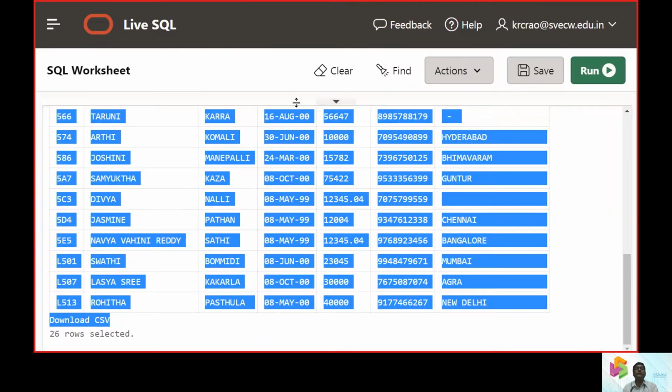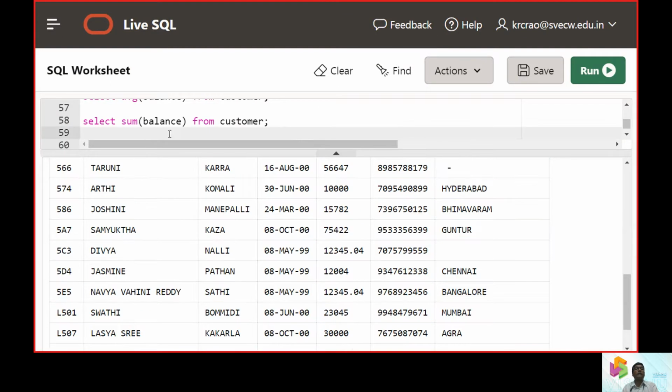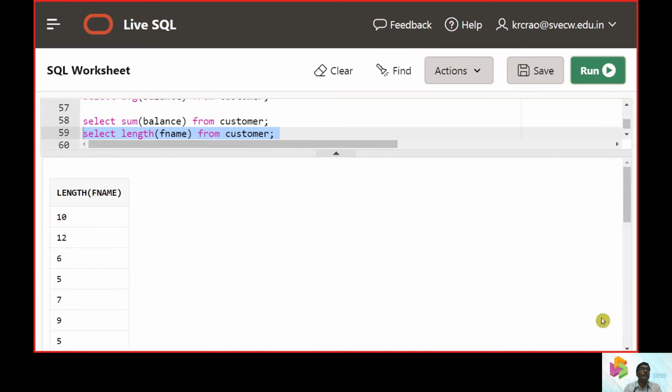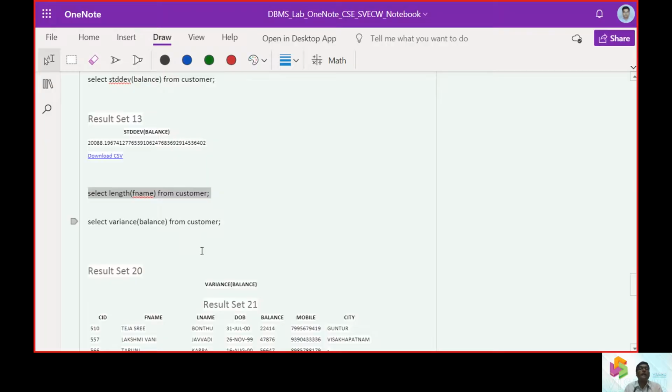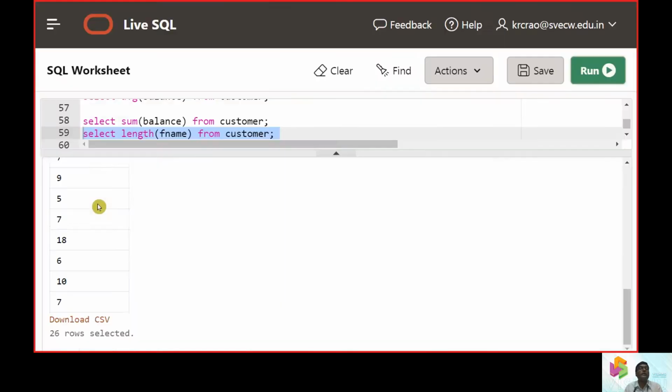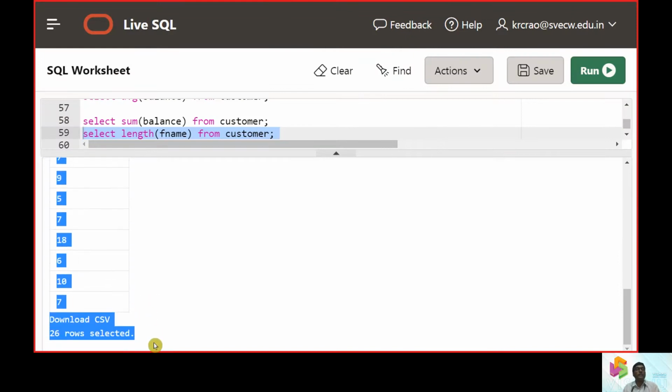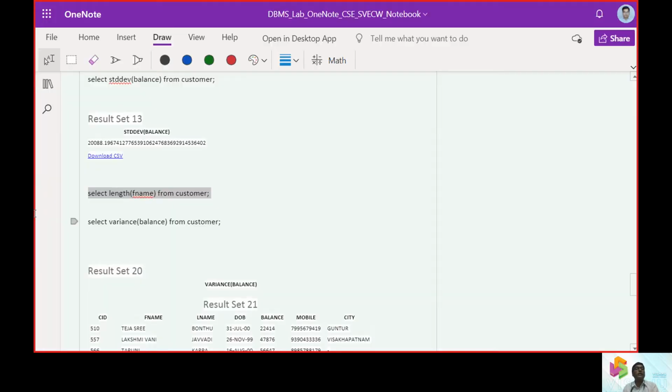For that we use another interesting function, length of first name from the customer. All the first names available for the 26 records are going to be highlighted. That's where we get the length of the first names of the customers, so that we can select it and put it into our working area.